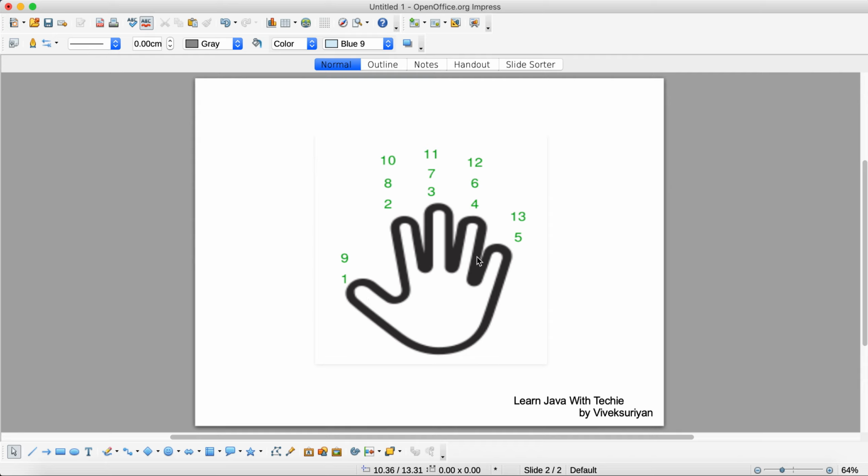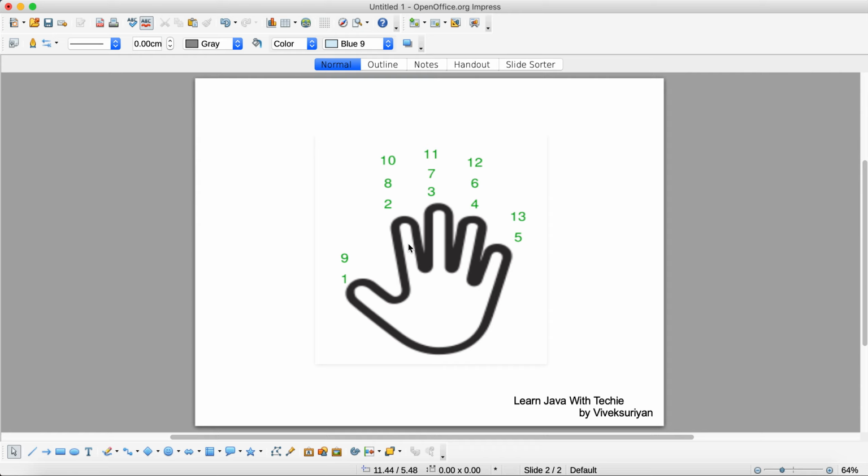There is one more scenario. So here the number has ended on 13. So what if I keep on counting? So for the input 13, it ended on pinky finger. So I'm going to go beyond 13. So 14 goes on ring finger, 15 goes on middle finger,